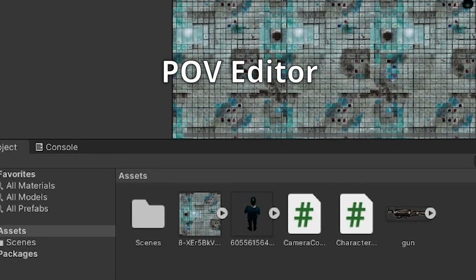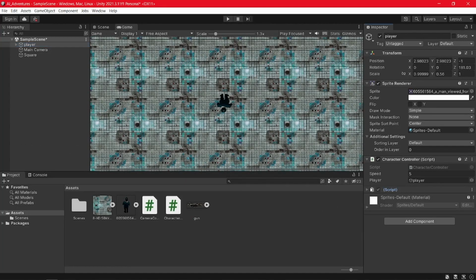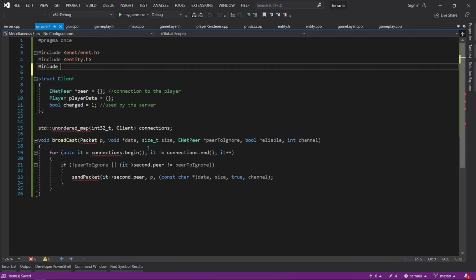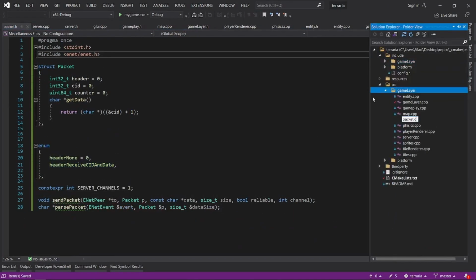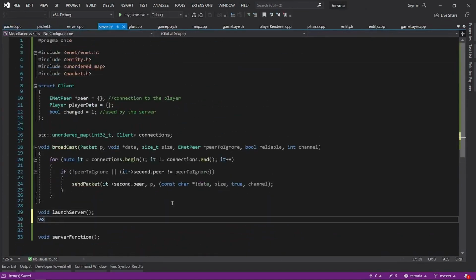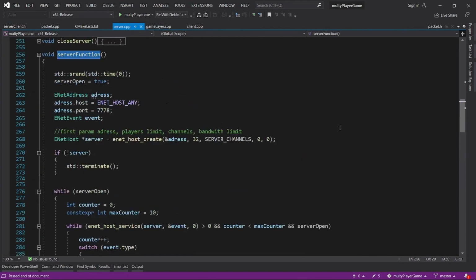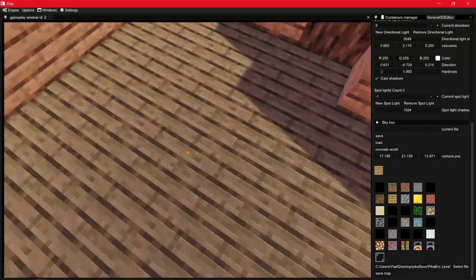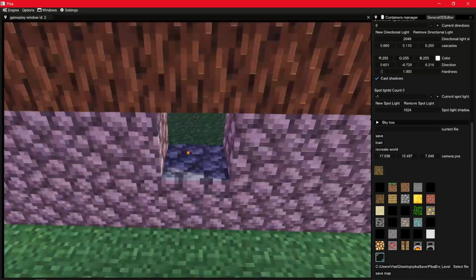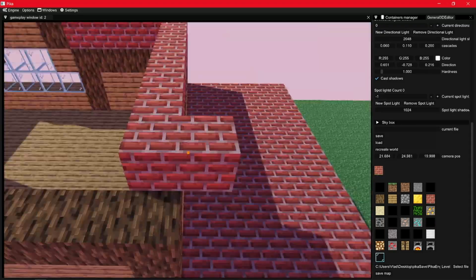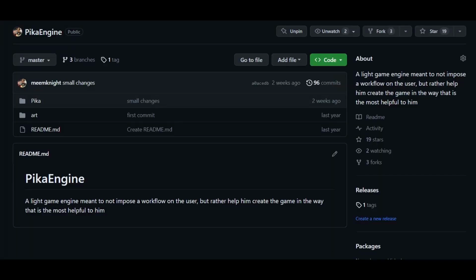I like the visual aspect of Unity, but dislike the fact that I wasn't able to write my own game loop. So for most of my games I would just make the game from scratch. While thinking about my bachelor's thesis, however, I came up with this engine idea. What if I make an engine where you just write code from scratch, but it is also extremely easy to write your own editor and integrate it with the existing features of the engine? So this is how Pika was born.